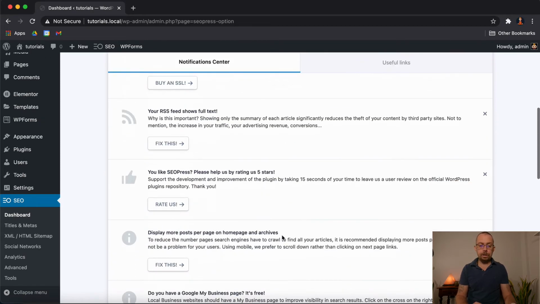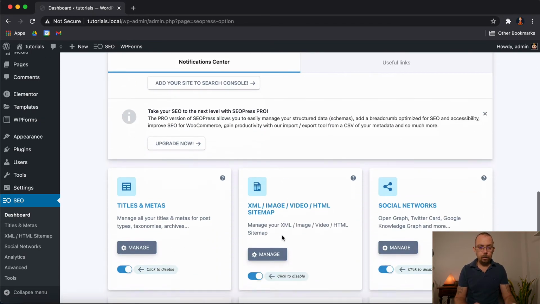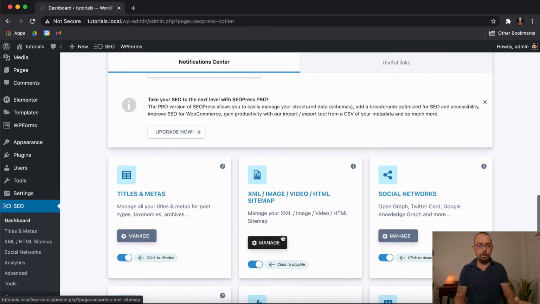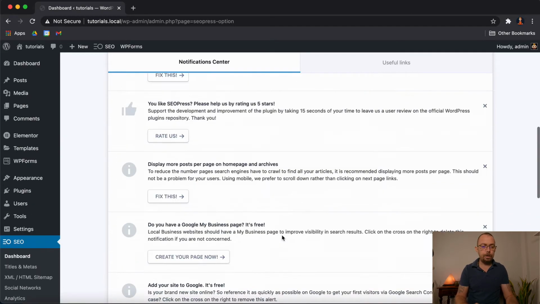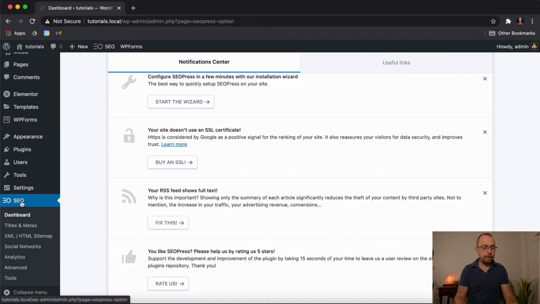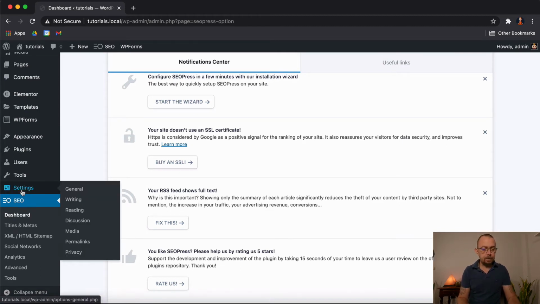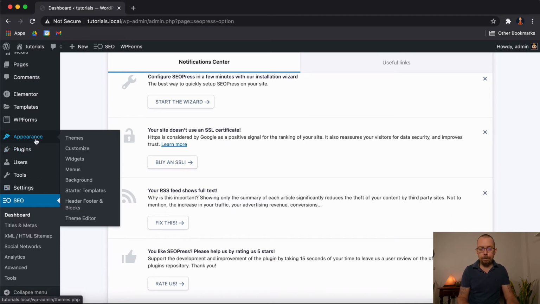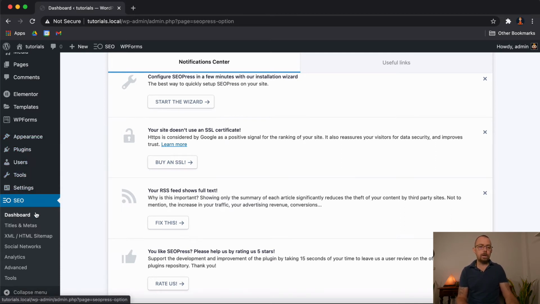You can use this actually. It's a really good SEO plugin. If you want to use it, there is a pro version which I'm going to update as well, which just has more features. But you'll now notice on the left here, we have another section called SEO. Now, depending on the plugin, sometimes they add it inside of settings, sometimes it's inside of appearance, sometimes it's inside of tools. So it depends where your plugin locates.